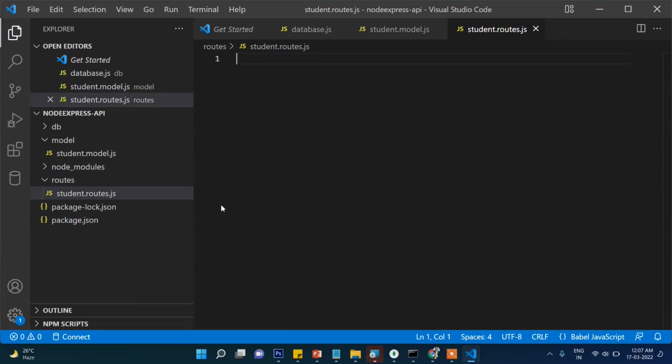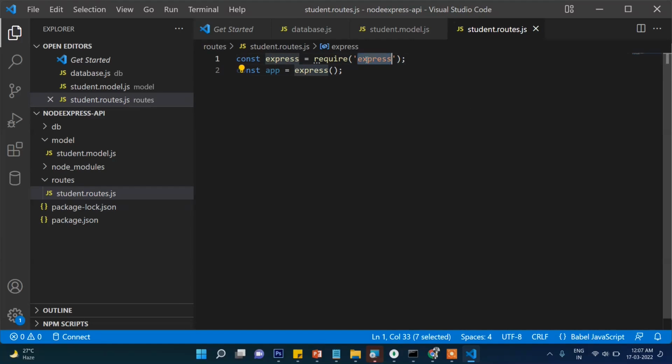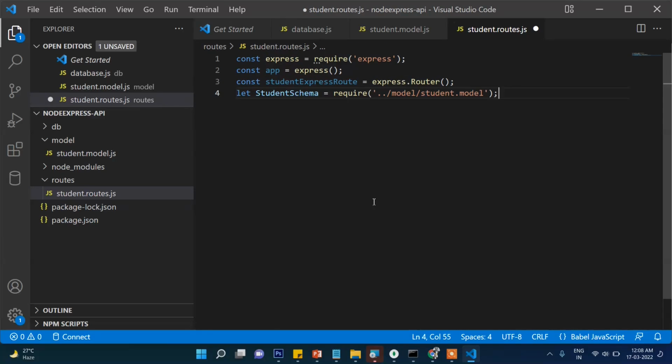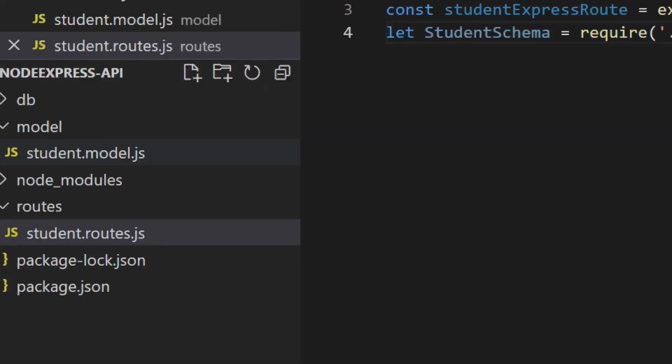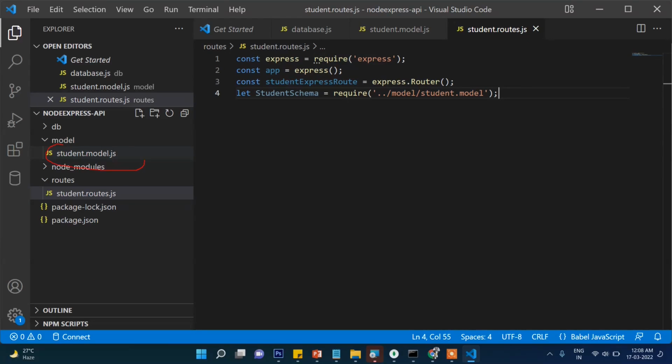and we need to import express here, and then finally we will create an object of that express, and finally we will create const studentExpressRoute = express.Router. And here we need to import the student schema, require the student model. Remember we had created this student model, student.model.js, so we are calling it here in this route file,